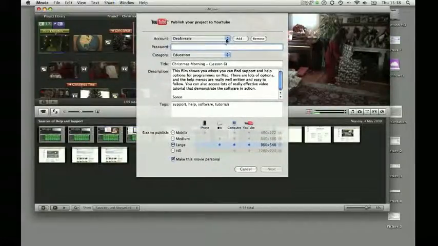So you might have more than one account. Chances are you've still got the details of this from last Friday, but if you haven't, you'll have to go to Add and type in Deafcreate. If that comes up as an option, then you don't have to bother that. The password, obviously I won't say now, but you're aware of from Friday. If you're not sure, I can email you that again. You just type that in,